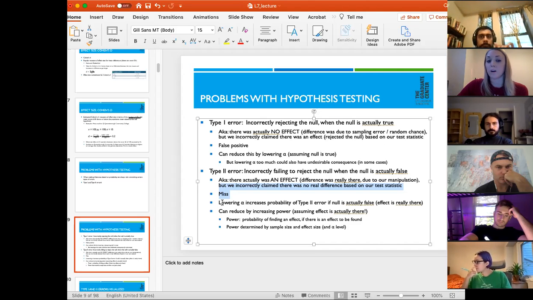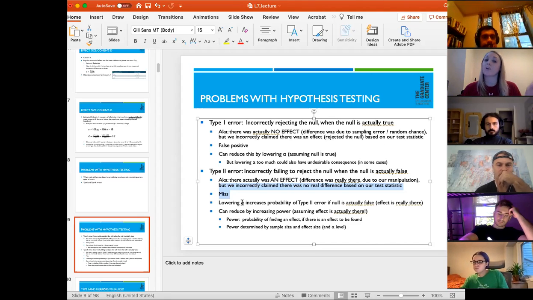Whenever you lower the alpha, you lower your type 1 error rate, but you increase your probability of committing a type 2 error. As you correct for a type 1 error by making alpha more strict, you're increasing the chance that you're going to miss the effect. That makes sense if you think about alpha. Say I'm going to reject the null when the p-value is 0.05 or less, but you're concerned about the type 1 error rate, so you reduce that to 0.01. Now you say, I'm only going to reject the null when my p-value is 0.01, and you run your test statistic and your p-value comes back at